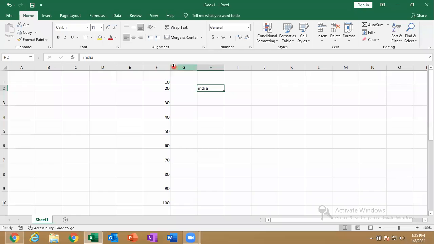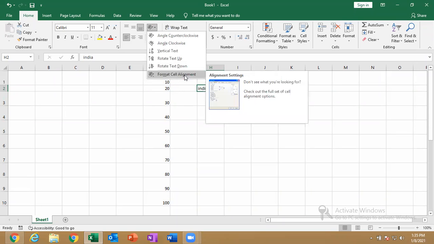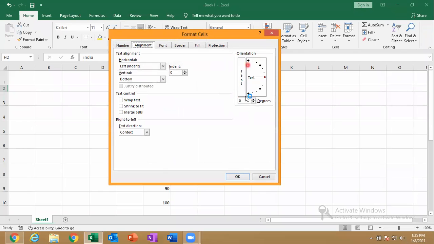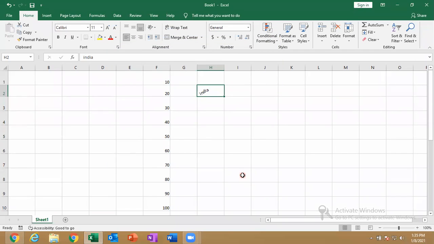And suddenly if I want a different position, just click here, go for format cell alignment. So can you see the orientations here? Just click it and rotate it in whichever direction you want, like this.